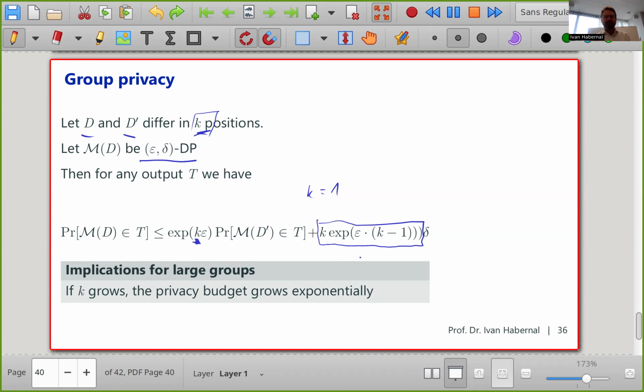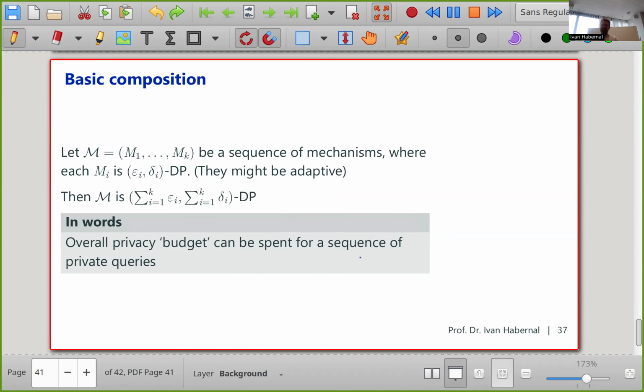And the last one is composition. Now we're finally revealing why we call this thing privacy budget. So let's have k mechanisms or algorithms, and these are in sequence, and each of those M_i's is epsilon_i delta_i differentially private, and these epsilon_i's and delta_i's could be different. So M1, for example, could be, I don't know, 0.5 and 0.0001 DP, and the second could be like 2 and 0.001 DP. So we would have 2 mechanisms, and the output of one mechanism could